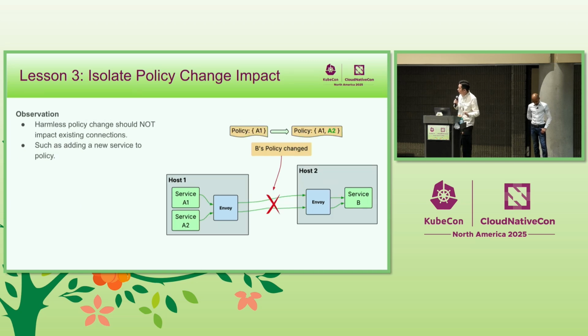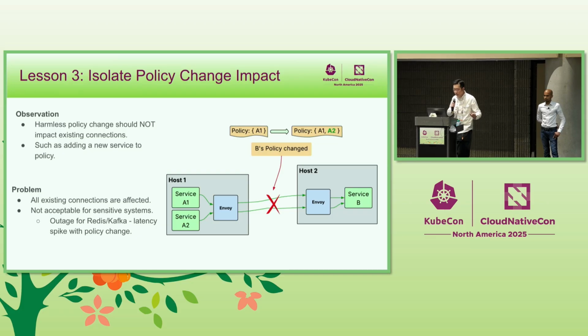But soon we observed some issues with this implementation. For example, even for the service having the policy changes, the connections may actually not be relevant to the policy change. For example, you are adding a caller to your authorization policy. You are not removing anything, so why would you cause any disruptions to the existing connections, right? Existing callers are already allowed, and they are continuing to be allowed by the new policy.